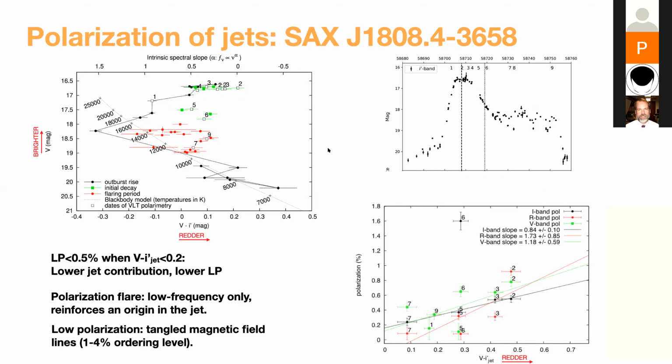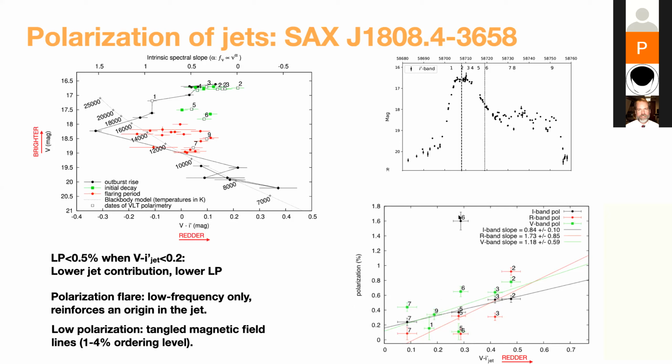So we try to explain our polarization observations in terms of jet emission. And we built this new figure here, where we report the degree of linear polarization against the V minus I jet. That is the V minus I that we measure, so the color that we measure, after the subtraction of the contribution of the disk to the color. So it is evident that we have a correlation, and in particular that low levels of polarization correspond to a lower contribution from the jet because the spectrum is bluer. And this suggests that the linear polarization that we measure is indeed due to synchrotron emission from the jet.